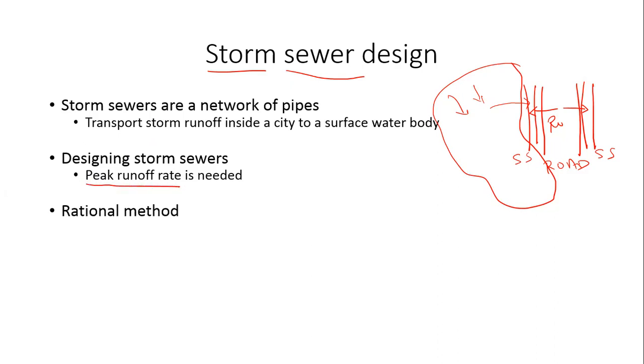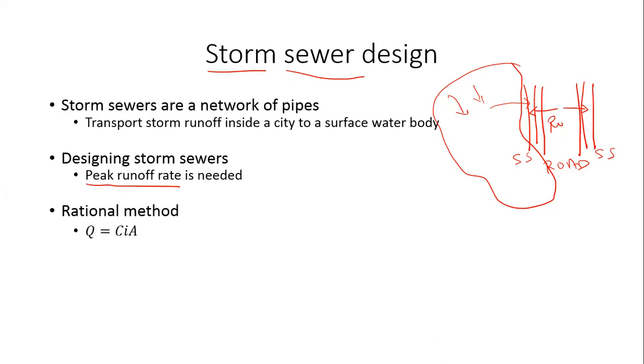Now for estimating this peak runoff rate, there is a method that we typically use, which is called the rational method. I won't say that this is the most rational method that's out there. Somehow, for whatever reason, the name we use for this method is the rational method. It is as rational as any other empirical method. There's nothing extraordinarily rational about this particular method. It is just the terminology that is used.